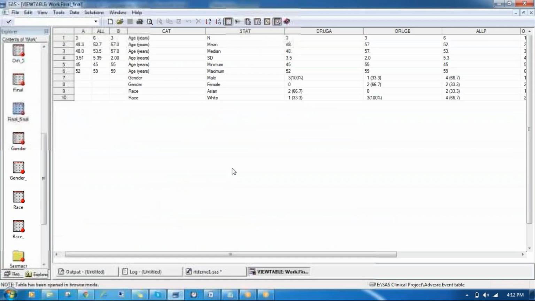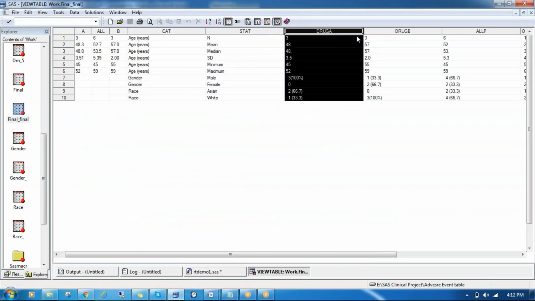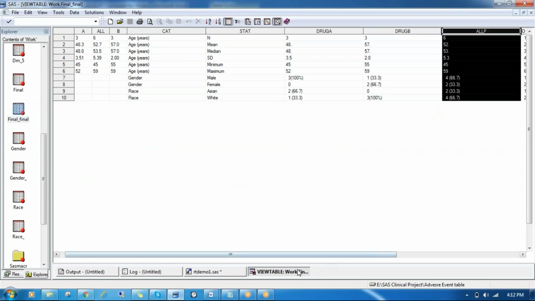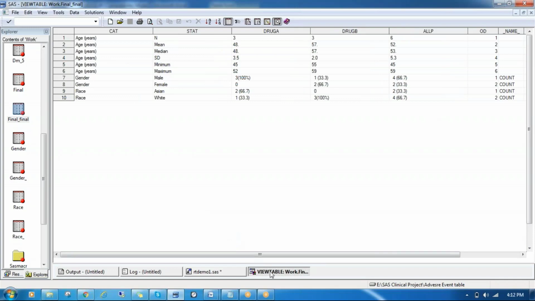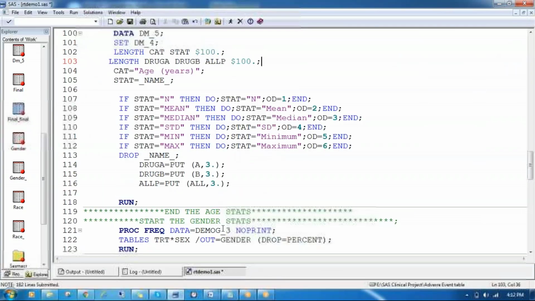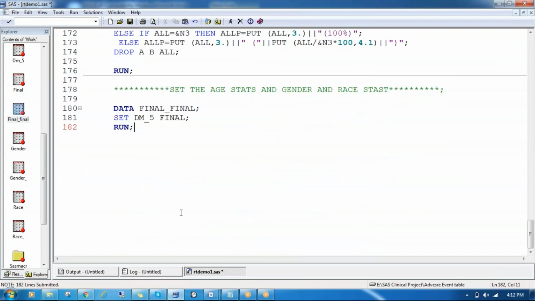Now final underscore final data set. Here you can see drag A count, drag B count, and all P counts. Okay, you can drop here, this was a hide. Now we are going to write this final underscore final data set into the proc report. So we have two standard macros here. That will take care of the titles, footnotes, as well as the RTF alignment. No need to apply anything. Just write the proc report section. Okay. So the macro is